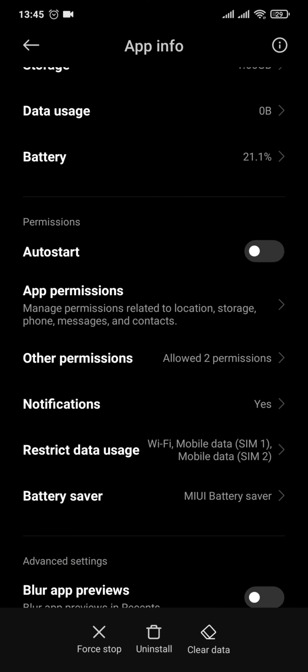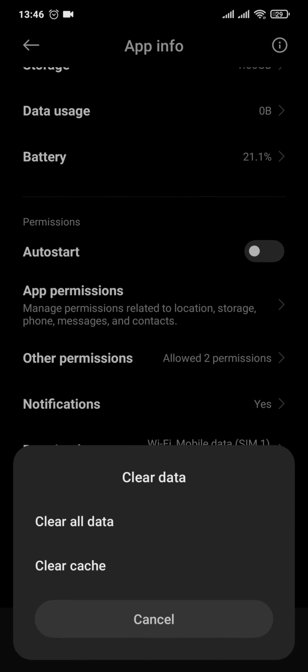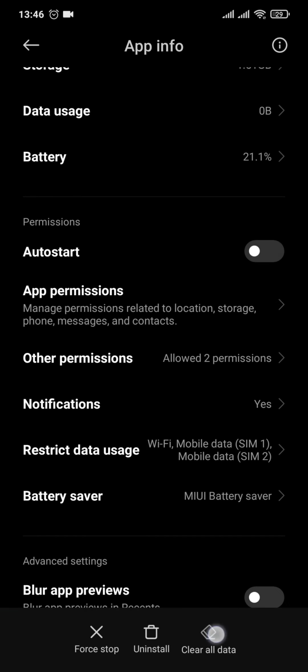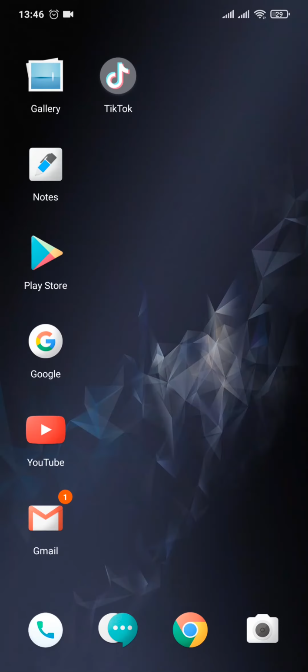The last thing you can do is try to clear the cache. Tap on clear data and clear cache. Again clear the data. Now after you do these 3 steps, you should be able to add in TikTok links